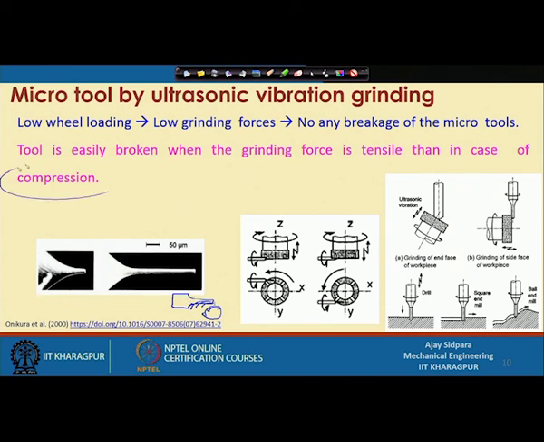Here it is showing a compression, and by this process you are getting this diameter. The length of the cutting tool is very large in this case. You see this, now here the cutting tool is located here, and your wheel is located at this location, and it is rotating in this direction, right. So, the movement of the wheel is in this direction. Now your tool will be in tension,